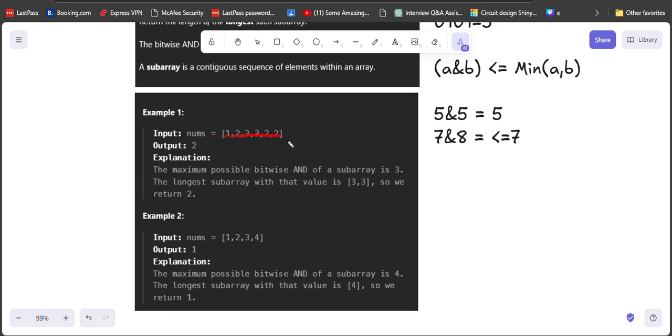Means the maximum of these elements is 3 and the subarray is 3 comma 3. अगर मैंने 2 and 3 का AND किया तो इसका वैल्यू हमेशा लेस देन इक्वल्स टू 2 आएगा. अगर मैंने 1 और 2 का AND ऑपरेशन परफॉर्म किया सो मेरा वैल्यू हमेशा लेस देन इक्वल्स टू 1 आएगा. पर अगर मैंने 3 एंड 3 किया तो हमेशा 3 आएगा, विच इज ऑलवेज ग्रेटर. अगर मैंने 2 एंड 2 किया तो 2 आएगा. बट अपन को क्या बोला है, वी हैव टू टेक द मैक्सिमम वैल्यू और मैक्सिमम बिटवाइज एंड. ठीक है. सो वी विल कंसिडर दिस सब एरे.